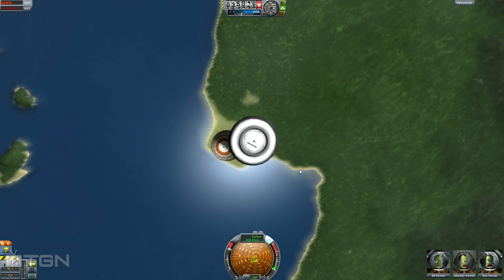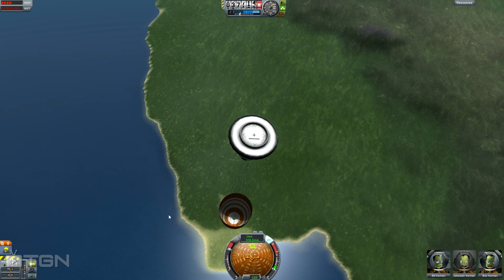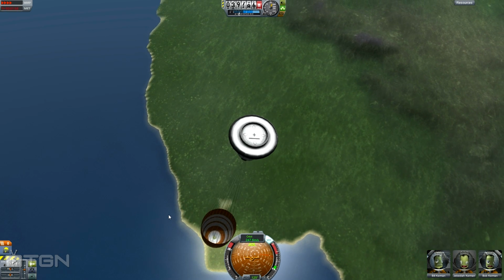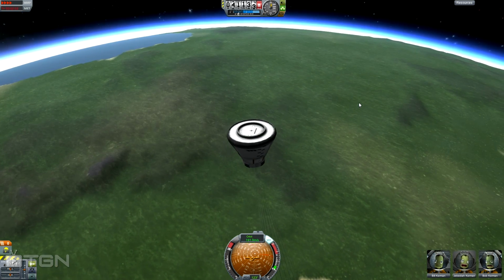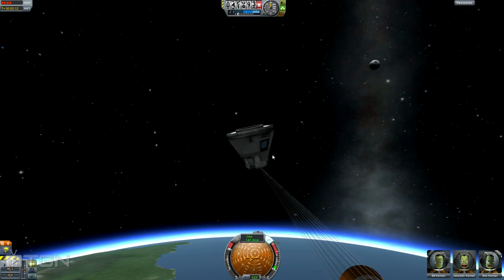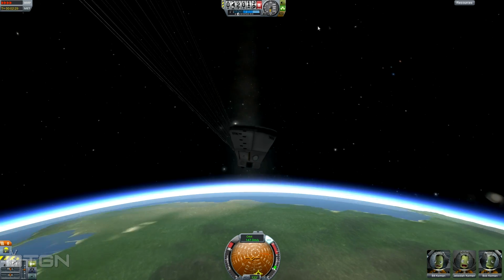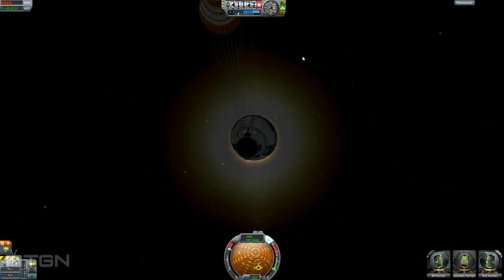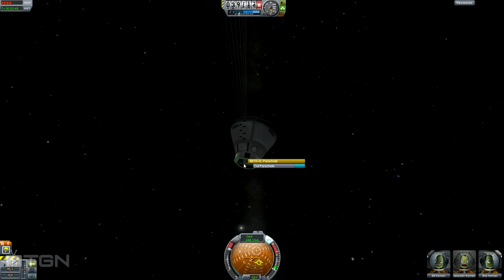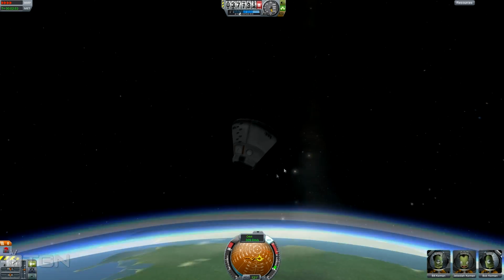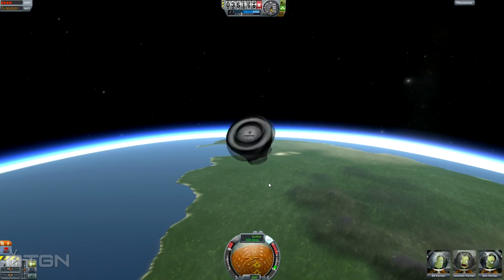So we will go ahead and physical time warp using our period and comma keys until we start falling towards the Earth. It's a very slow process, but this is the episode finale, so let's show you guys something. Let's show you guys what happens if you do forget parachutes. So if you totally forget parachutes, which I'm going to cut off just to show, you will fall to